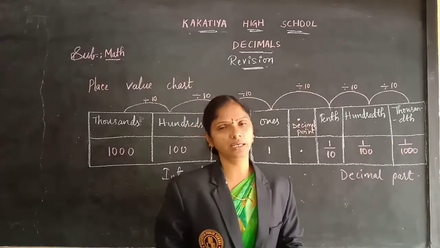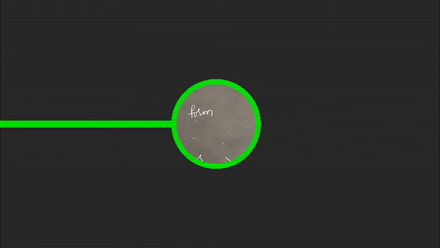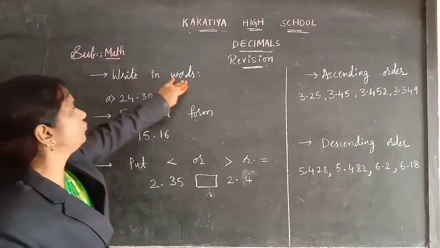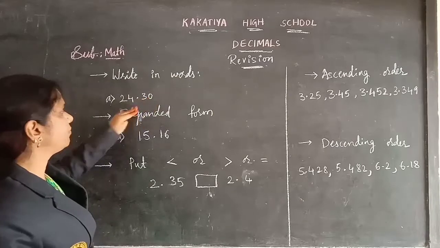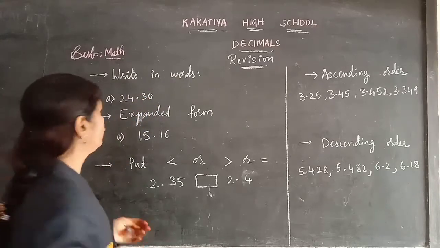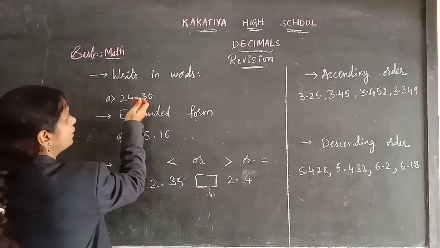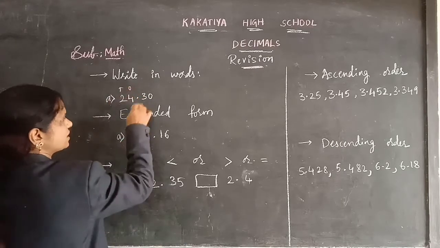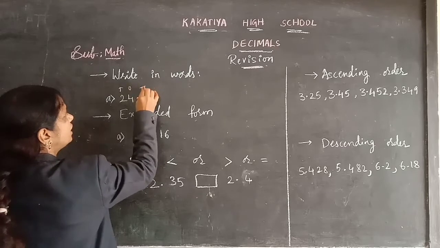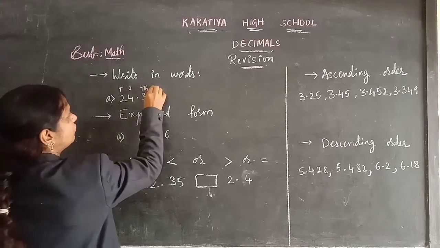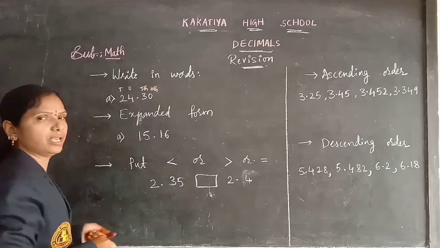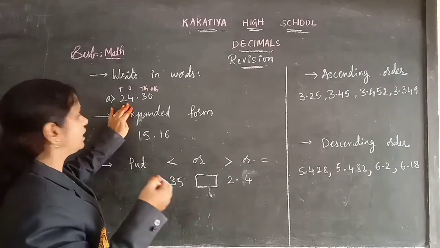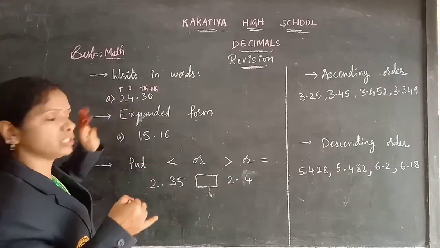Yes, have a look at these problems, children. Here, first one, write in words. The given decimal number we need to write in words. First, you write the places: before the decimal point its ones place and its tens place. And after the decimal point its 10th place, and then the 100th place. Now, the number on the left side of the decimal point, we can read as it is, like a general number, children.